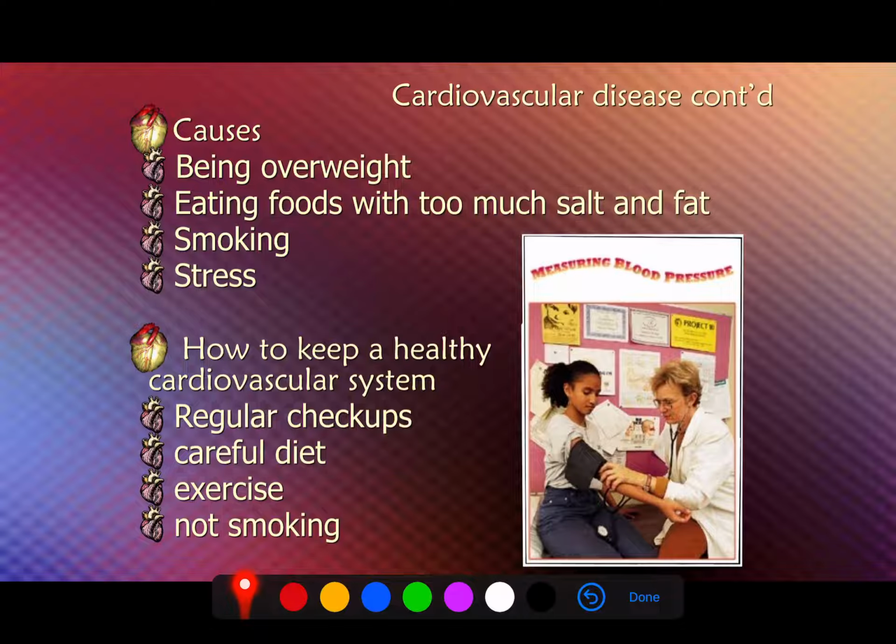How to keep a healthy cardiovascular system: you definitely want to keep checkups. You want to watch your diet, exercise, not smoking, vaping,